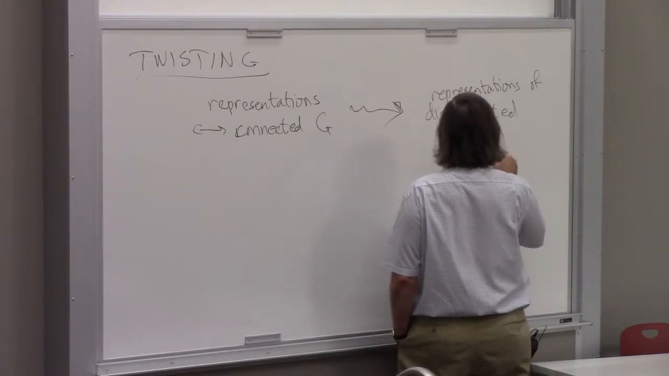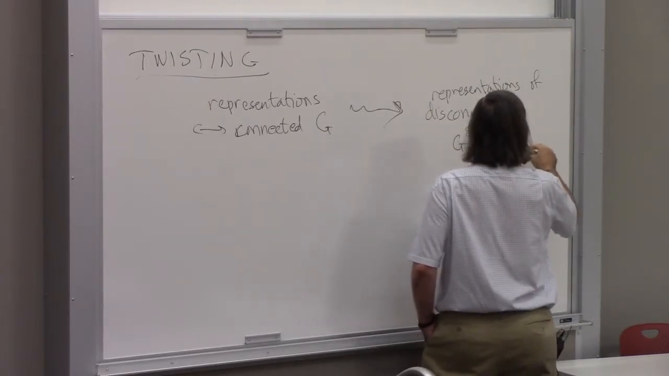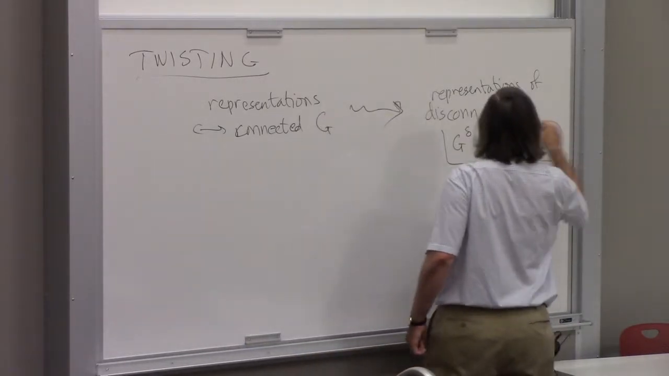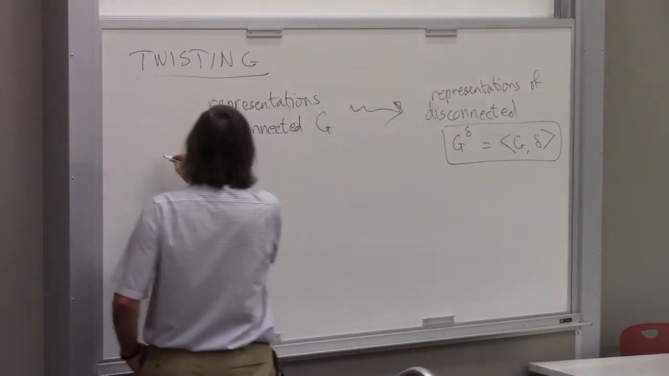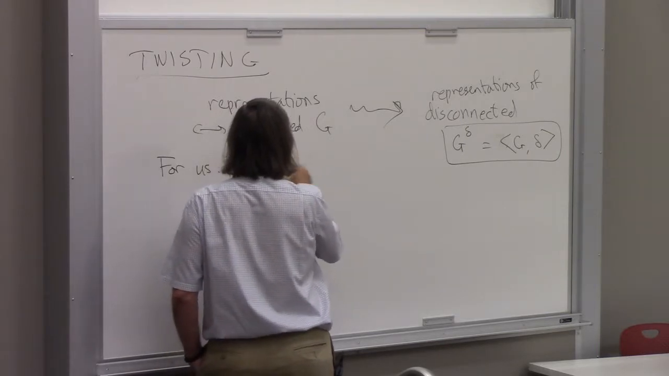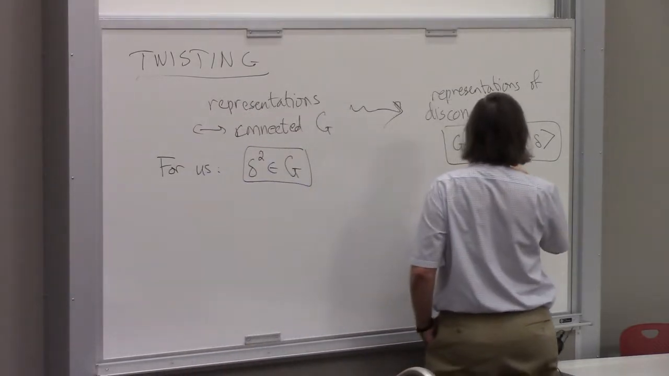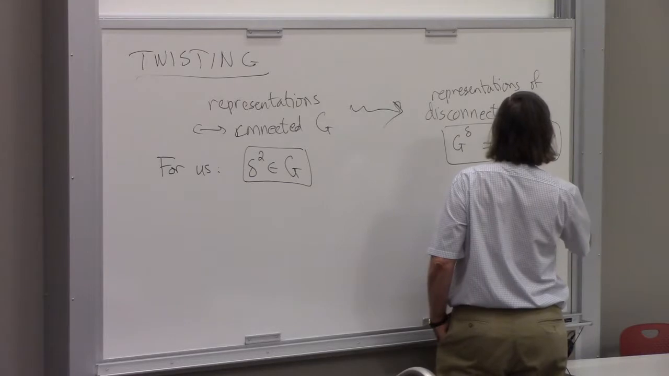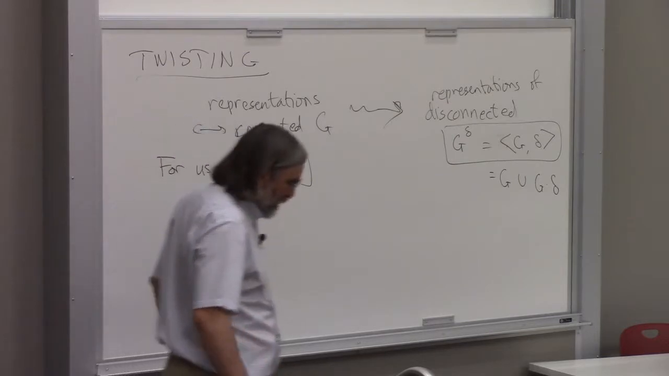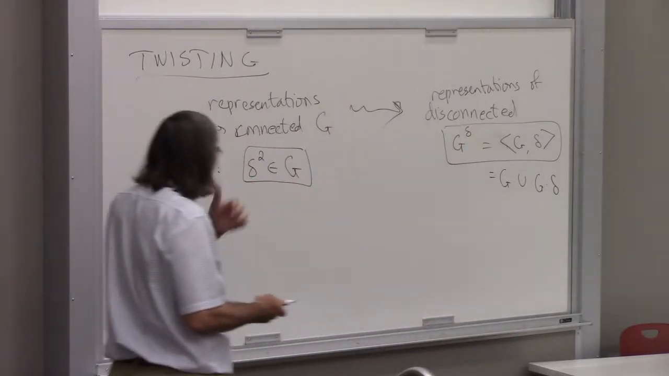I guess, well, this is going to be generated by G and delta, and so for us, always, this delta squared is going to live in G, and so this group has exactly two components. And well, so the first thing I want to do is explain why